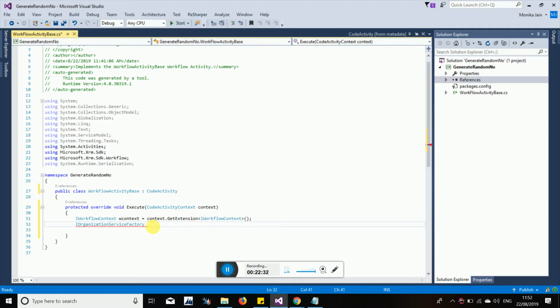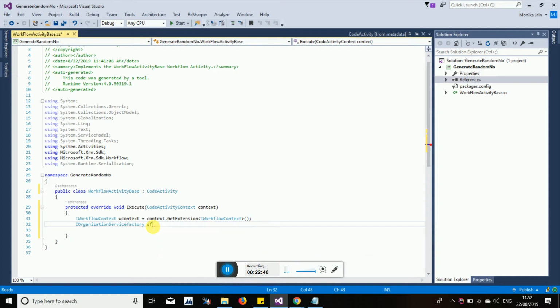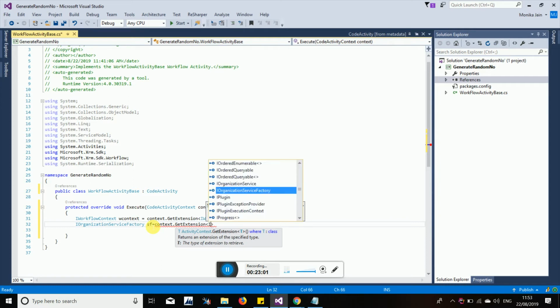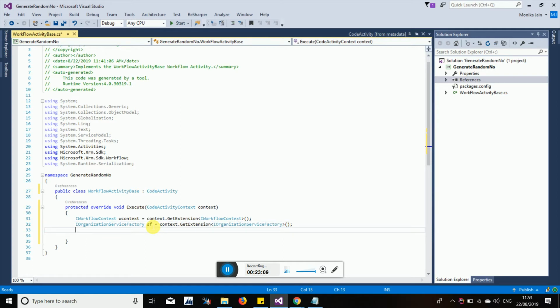IOrganizationServiceFactory, and suppose I have written SF as the object name, and then context dot GetExtension, and then here you can pass that particular IOrganizationServiceFactory.